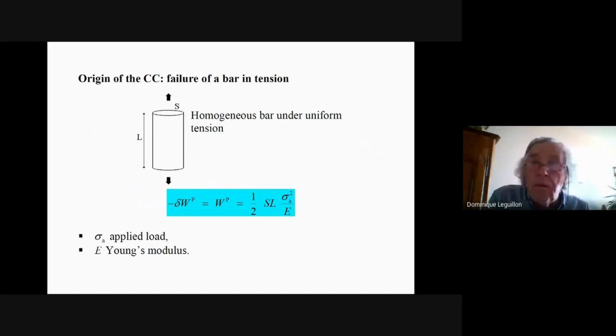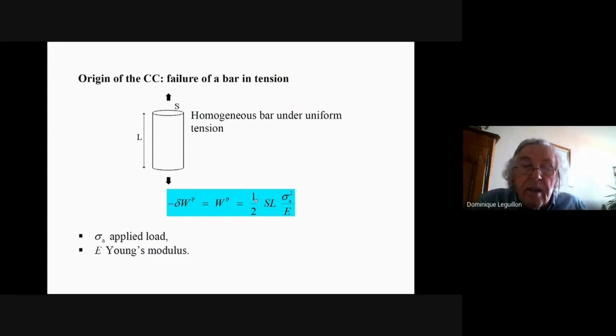Initially, no crack, you have potential energy. At the end of the experiment, it is broken in two parts, and there is no longer any potential energy. So the change in potential energy between the two states is just the potential energy of the initial state,